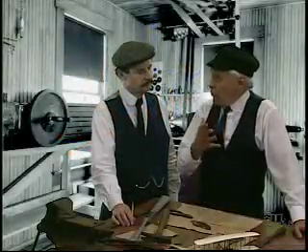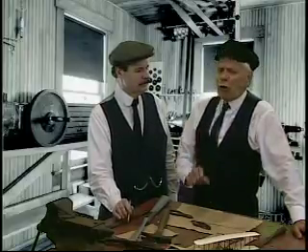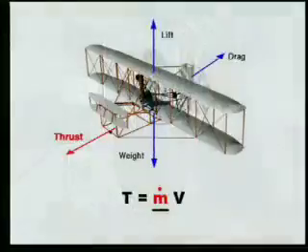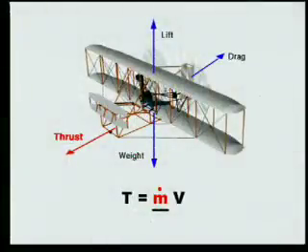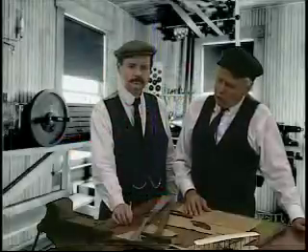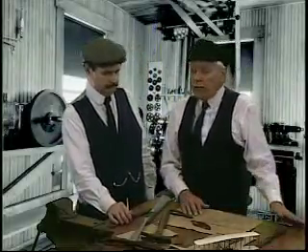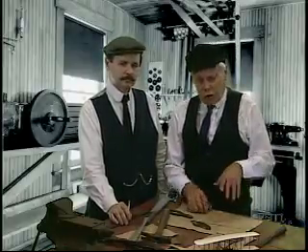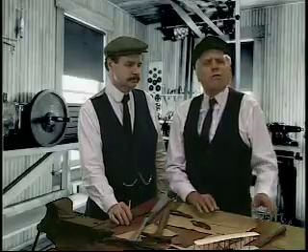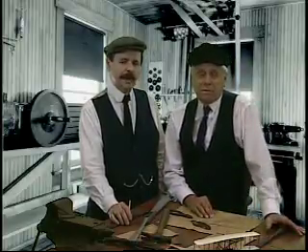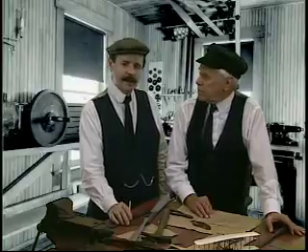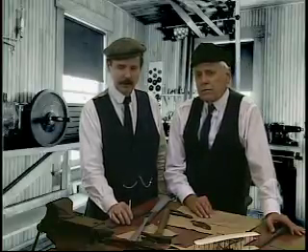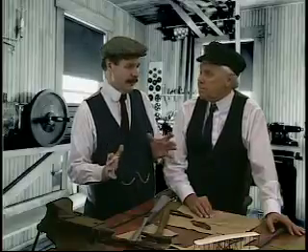I think to help students, maybe we ought to give a little bit more detail about those terms in the equation. The first factor in the equation is m dot. It's the mass flow rate. So this is the amount of air that the propulsion system moves per unit time. Some propulsion systems, like large propellers, move a lot of air, so they have a large m dot. Rockets, which usually have small diameter, will only move a small amount of air. They have a small m dot. Altitude also plays a factor here. At high altitude, the decreased density of the air will cause the mass flow rate to decrease. It's not the volume of air, but the mass that is pushed.